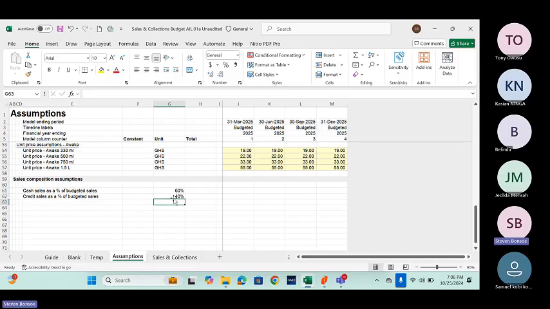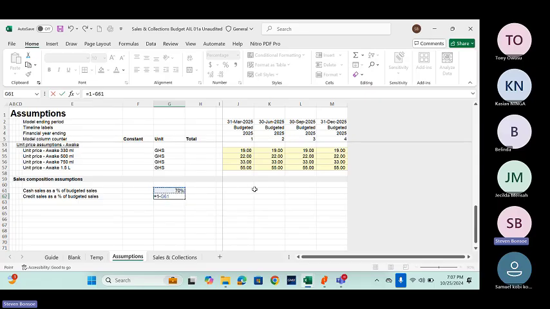Now, instead of going this route, it will be more proper to do otherwise, because it is possible that you can enter 70% here and forget to reduce this one to 30%. So why don't you make it dynamic, so that whatever you key in for the cash sales is reflected in the credit sales assumption. What we can do here is make this a formula rather than a hard-coded number. We're just going to begin with the equal sign, and then do 1 minus cell G61, and then